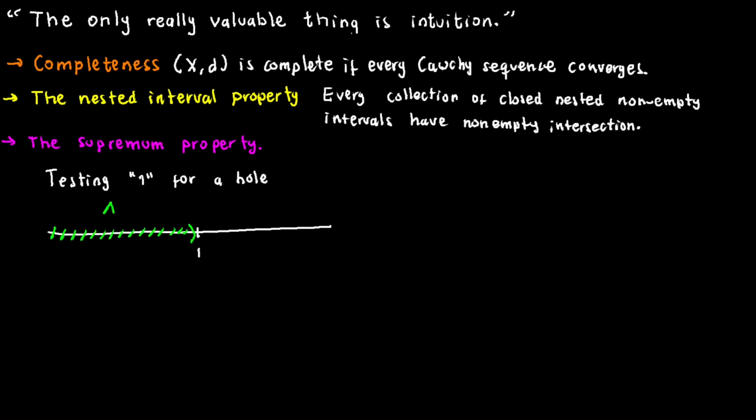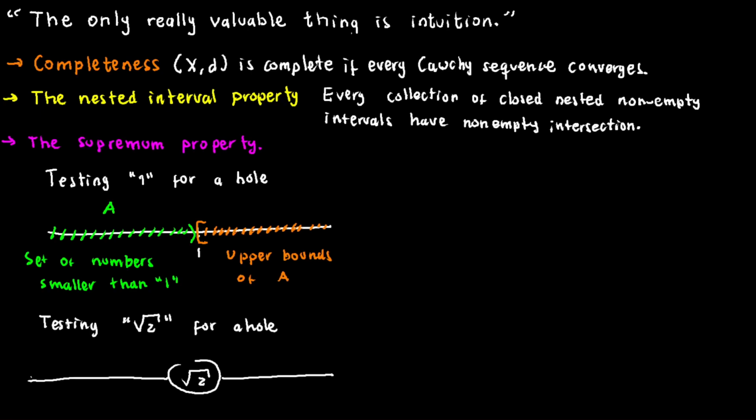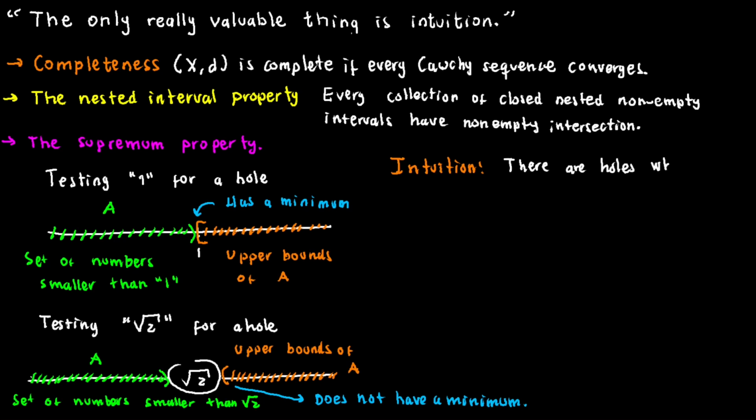In this case, the set A is the collection of all numbers strictly smaller than 1, while the upper bounds are all the numbers greater than or equal to 1. Notably, this set of upper bounds has 1 as its least element. However, when we perform the same test for the square root of 2, the set of upper bounds lacks a least element. This observation suggests that the presence of a least upper bound can serve as a criterion for evaluating